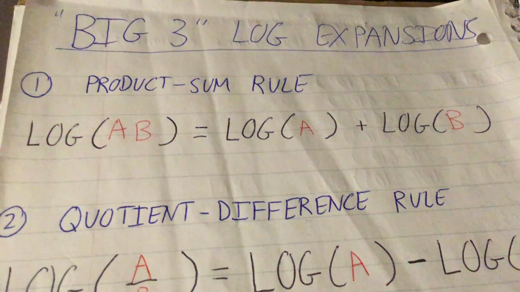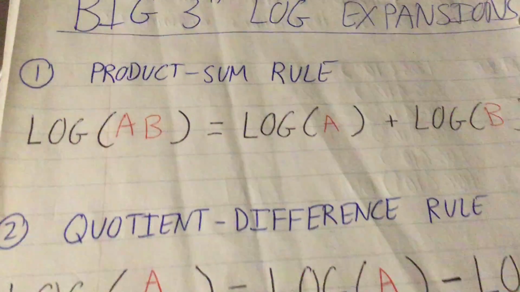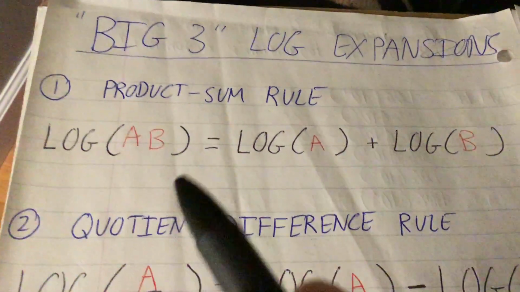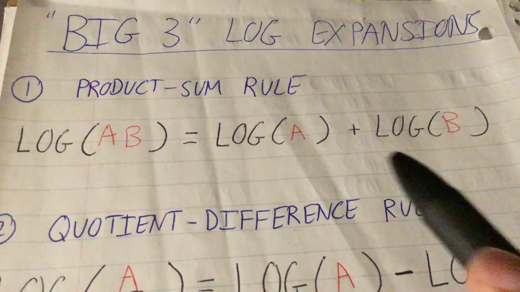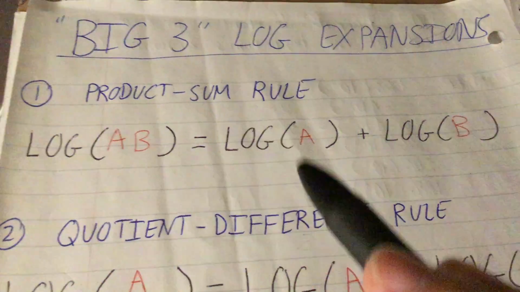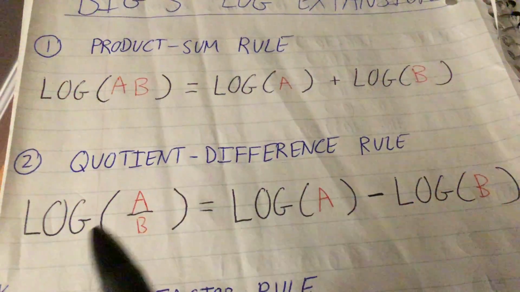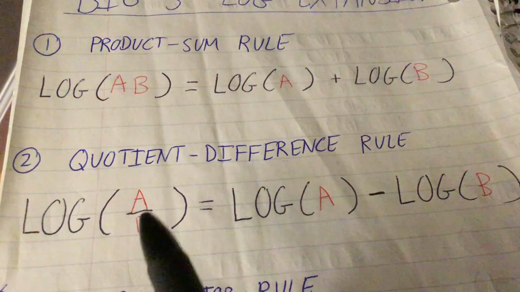All right, remember we had the big three log expansion rules. So we had the product sum rule, where if we have multiplication inside of a logarithm, it can be expanded with addition of each individual factor. And there's the quotient difference rule, where if we have a division inside of a logarithm,